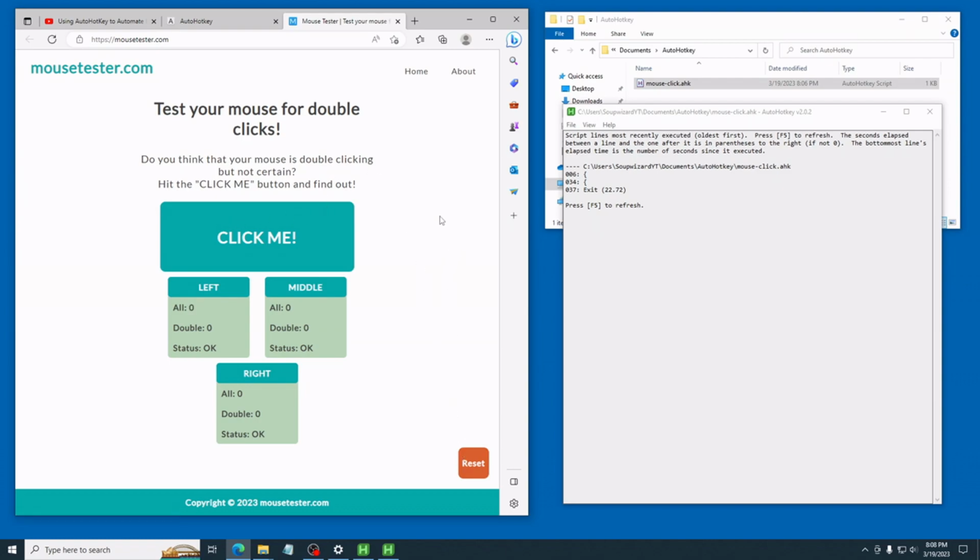So the script is waiting for Alt1 to start clicking every 50 milliseconds, which is I think 20 times a second. So let's press Alt1 and see what happens with this mouse tester program in the browser. Alt1. So it says there's a whole bunch of double clicks happening because it's clicking so fast that this program thinks there's a problem with your mouse. It's just clicking way too fast. Now if I wait 60 seconds,